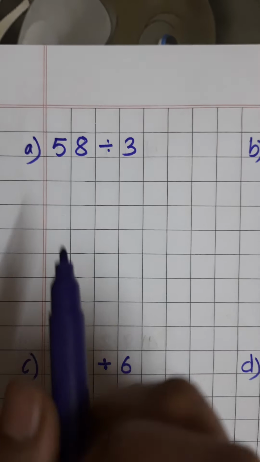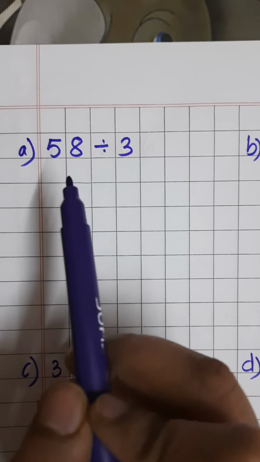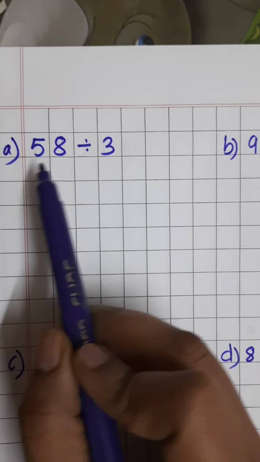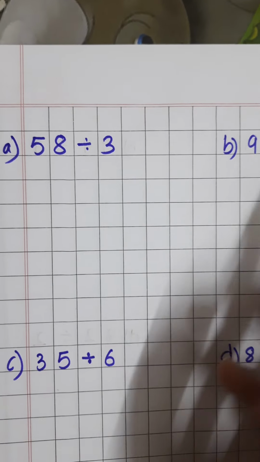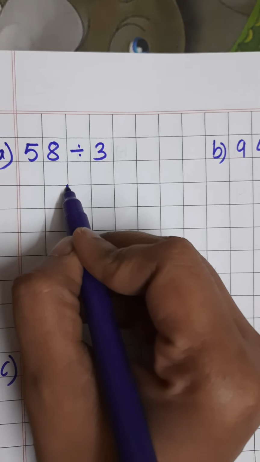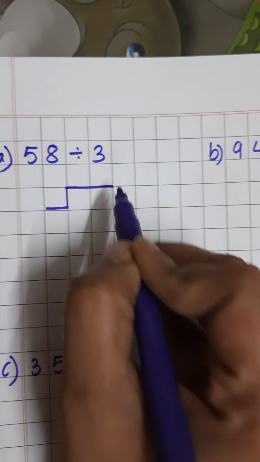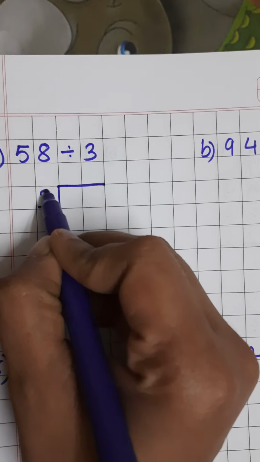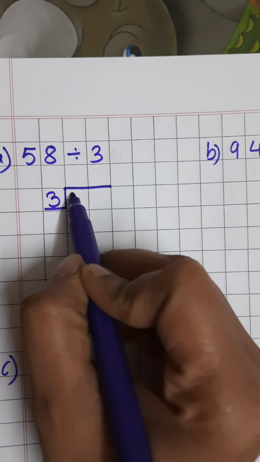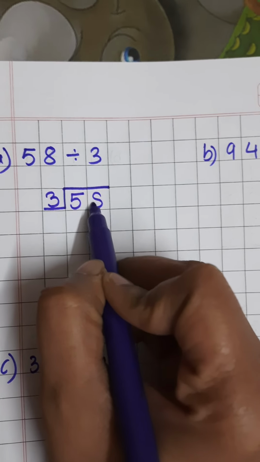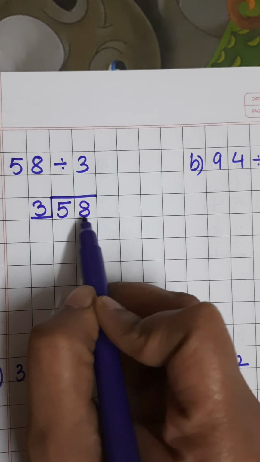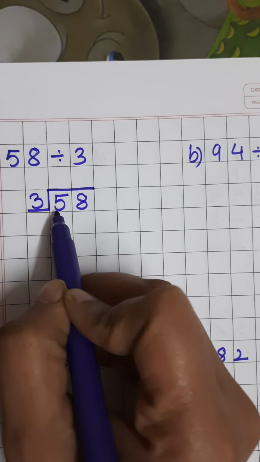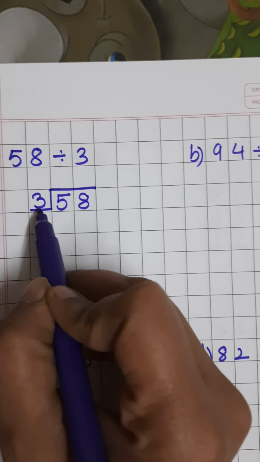Alright students, so today we are going to learn how we can do long division. First we are going to start with a two digit dividend and one digit divisor. First thing first, this is the symbol of the division, then you write down the divisor over here and the dividend. Now to start with long division, first we will see the first digit of the dividend, whether it is smaller, equal or greater than the divisor.